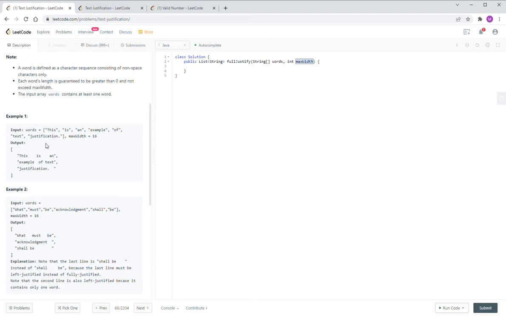to put those input string arrays into each line. So the output is each line. Every line, the max line length is maxWidth. So when you fit words in this one, you can try to fit as many as possible. However,